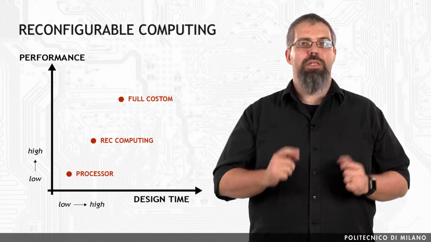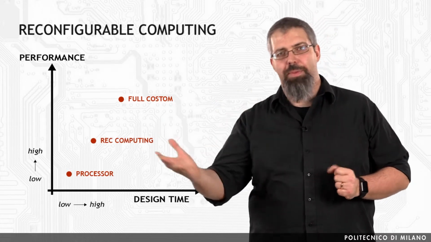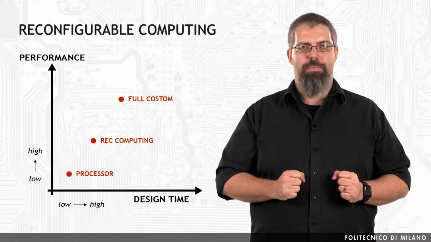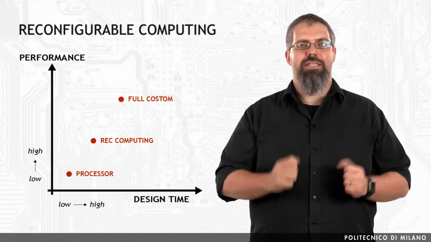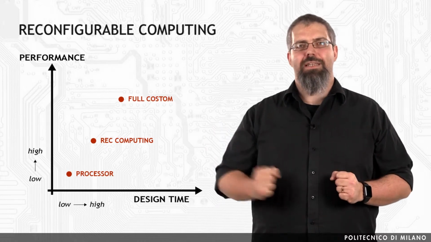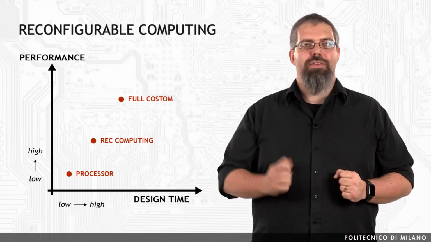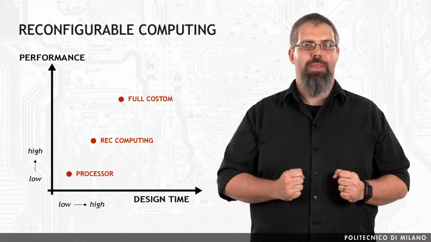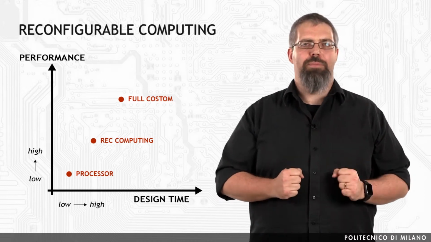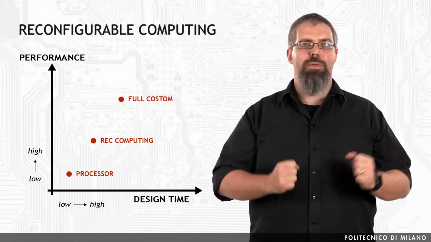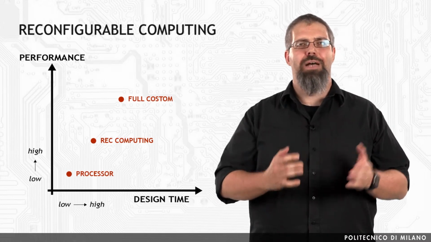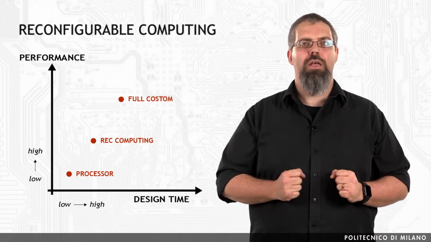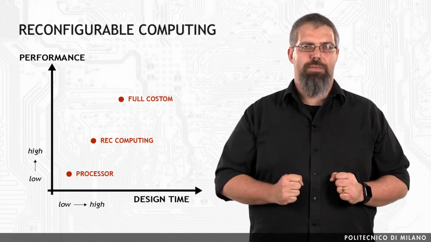As a trade-off between the two extreme characteristics of GPP and ASICs, reconfigurable computing has combined the advantages of both. A comparison among the characteristics of the three different architectures can be seen in this graph. On one hand, reconfigurable computing can have better performance with respect to software implementation, but paying this in terms of time to implement. On the other hand, a reconfigurable device can be used to design a system without requiring the same design time and complexity compared to a full custom solution, but being beaten in terms of performance.